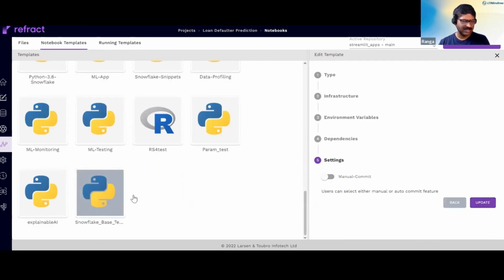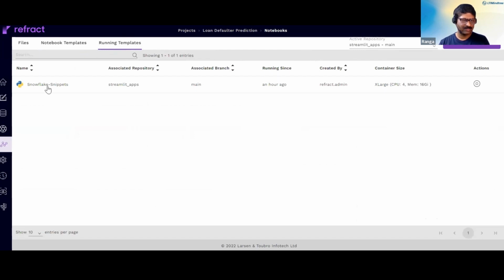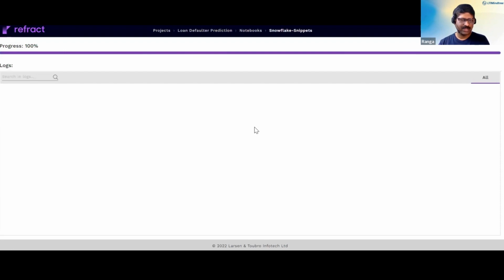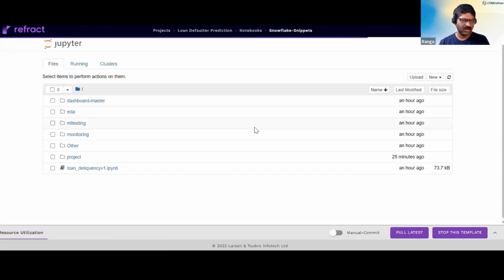So basically, this base template provides a quick start, an opportunity for everybody in the enterprise to start using data from Snowflake for building ML models in an accelerated way, because all the settings and configurations are already done in this template. Now, once you do that, we have taken this to the next level, where we have created a number of code snippets which are already available for somebody who wants to work quickly on Snowflake with Refract. So I'll just open